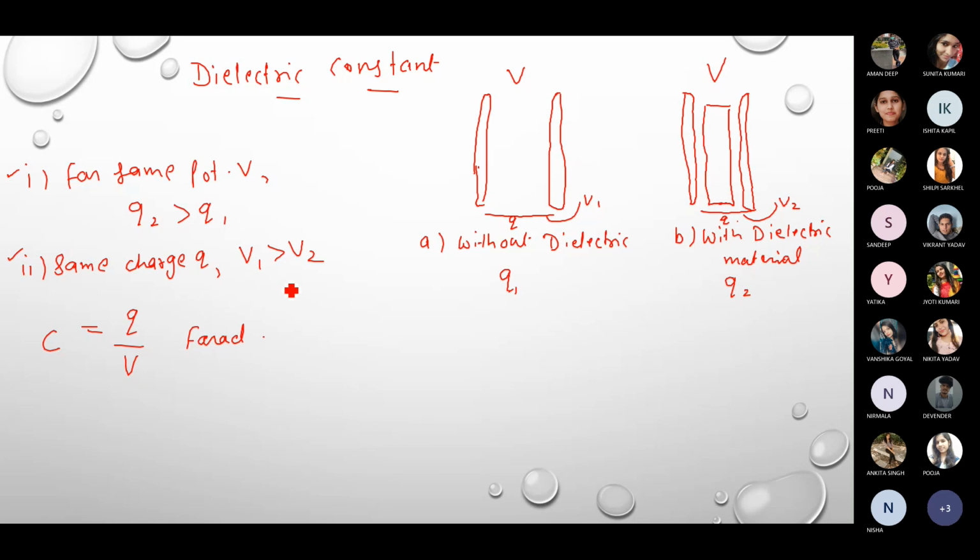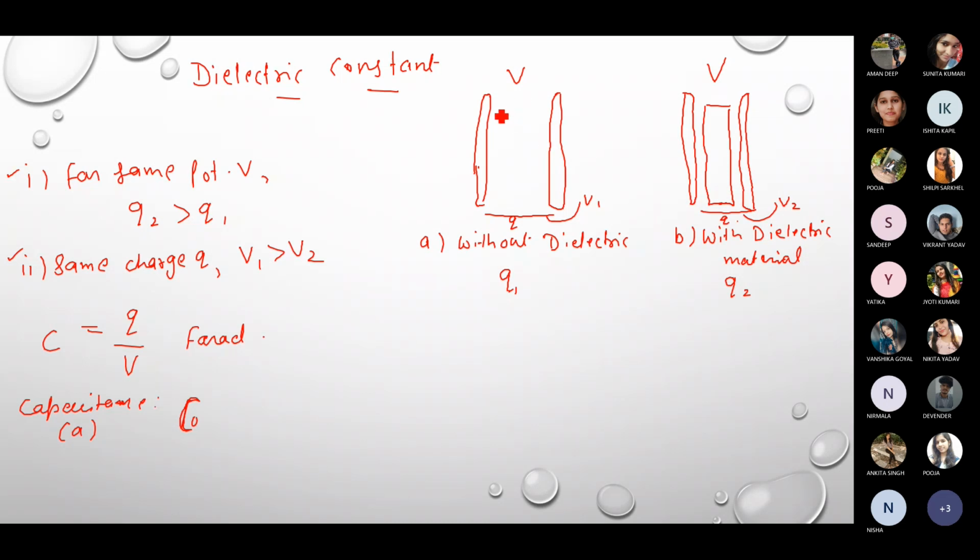Okay, so if there is a vacuum, if we take this first system, then the capacitance for the first system can also be given by, and this is also from the observation that, let us say C naught is the capacitance for the system A, then it has been also observed that capacitance is directly proportional to the area of cross section of the plates and the distance between them.